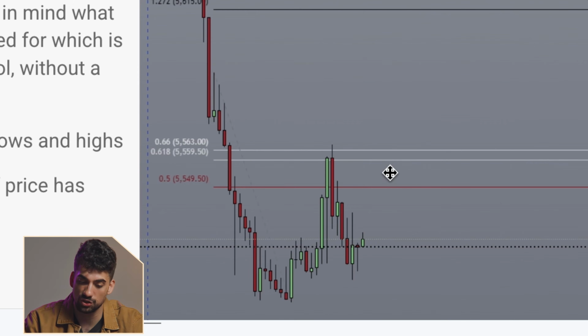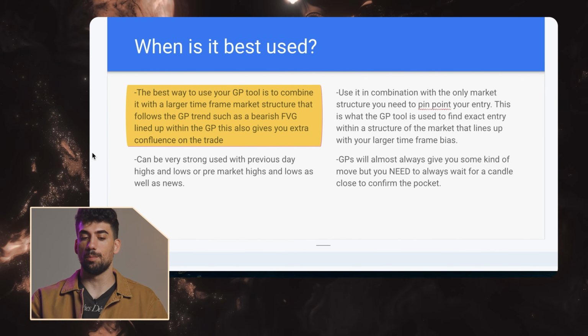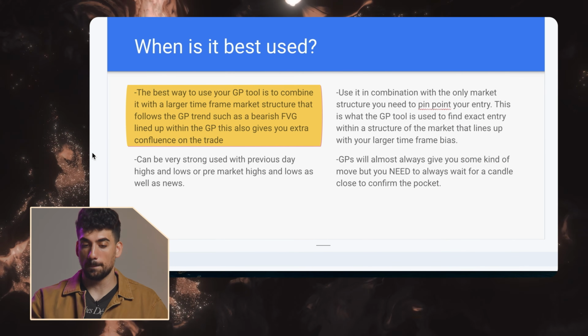If price has reached its level, it should be used. Do not just mark out the body, use the wicks as well. When is it best to be used? The best way to use your golden pocket tools is to combine it with a larger time frame market structure